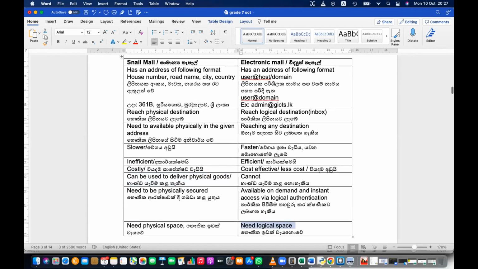So shall we write this down without the Sinhala words? I think you can write down the English words. Just compare snail mail and email. On one side snail mail, the traditional mail, on the other side electronic mail. Can you write this down quickly? If you have a problem, let me know. First of all, please write down the snail mail, electronic mail comparison. You need to write this in your book, because this is not included in your note. I hope all of you got the note, right? I have released the note. I hope that all of you got that.